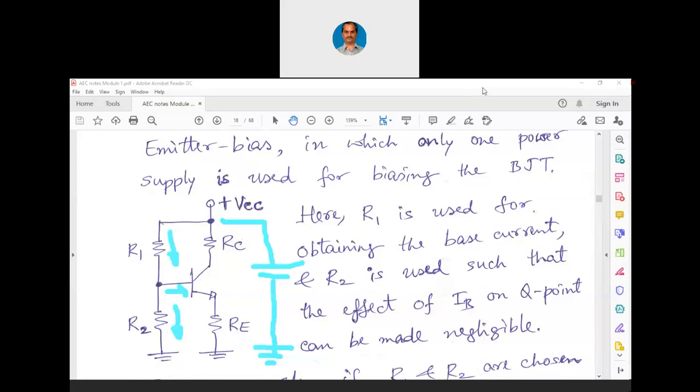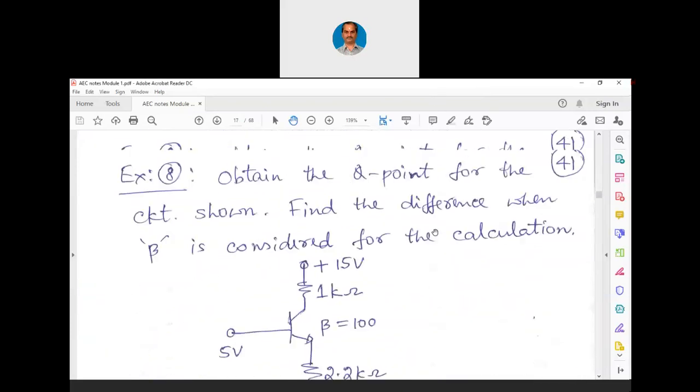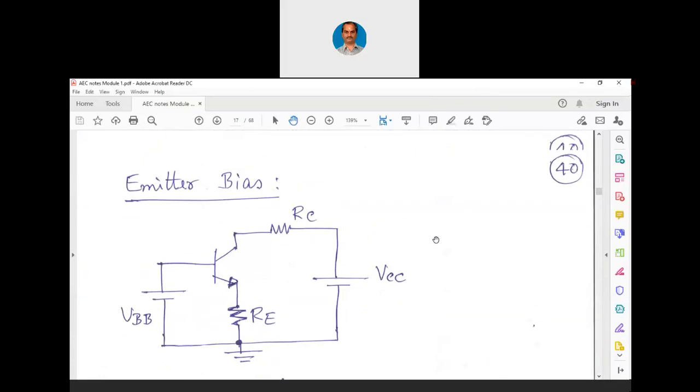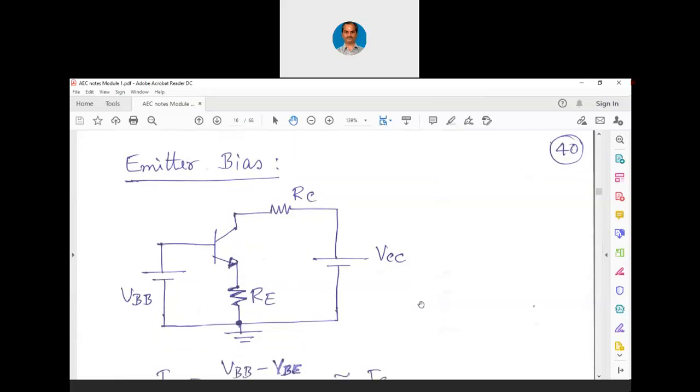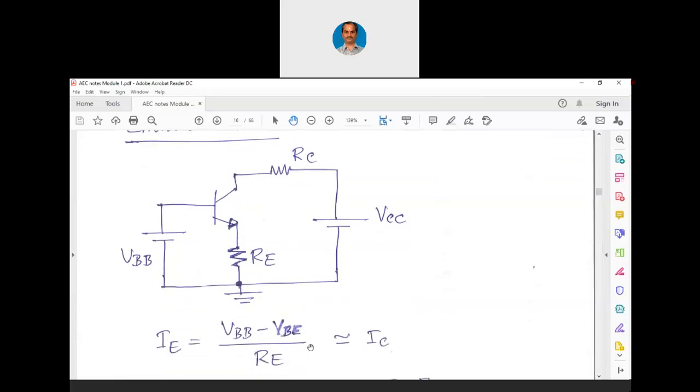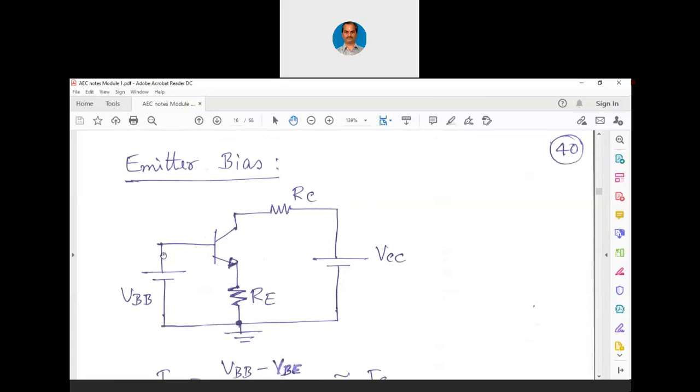Let me come back to our earlier circuit. In our earlier circuit here, we cannot actually say that the base voltage will remain fixed. This VBB will remain fixed, we cannot say. Why? Because it is still dependent on IB. And when IB changes, even this VBB slightly changes. When this VBB slightly changes, IE also changes. So, we can ignore beta in the emitter bias circuit, but we cannot ignore the effect of IB as such when temperature changes.